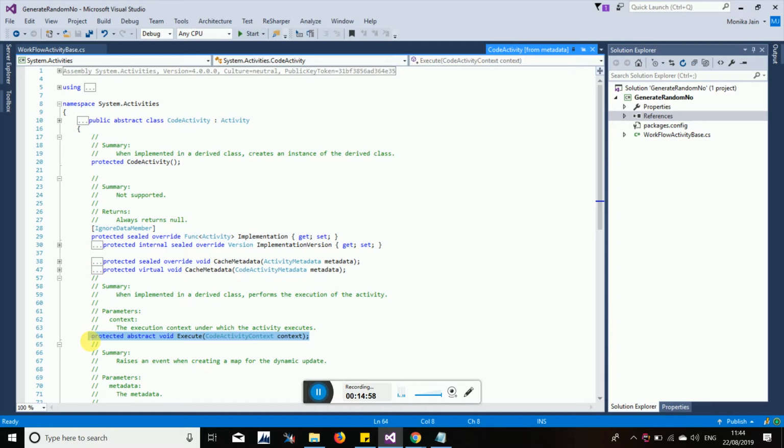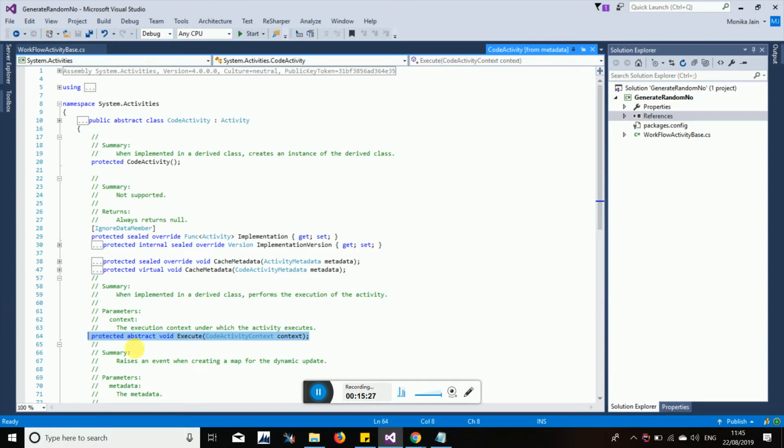Abstract class means it will not have a body. We are expecting that someone should inherit this class to modify the existing functionality of a CRM, or to communicate with this particular functionality of the CRM, or to perform the operation on the CRM. That is the reason they have not defined what this particular method will do. They have just defined the method name. Inside this method, whatever you write will get executed in the CRM. That is what they are saying.